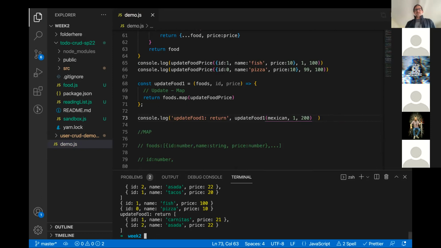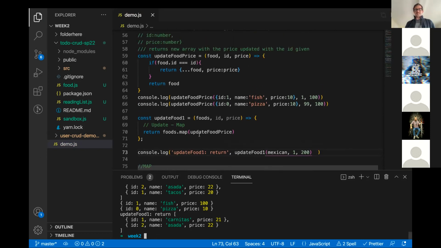So this isn't changing. I know this function works, right? I tested this function, it works. But